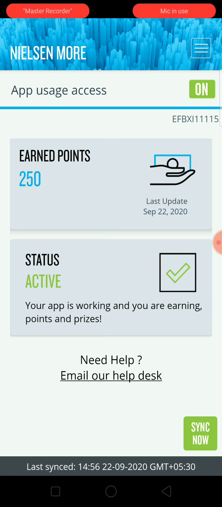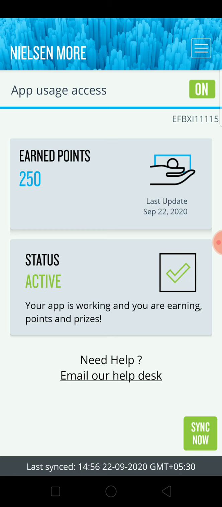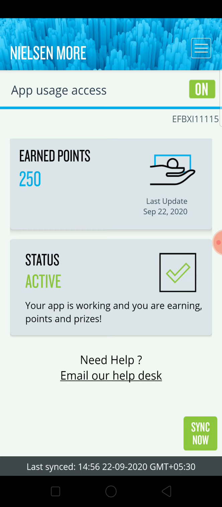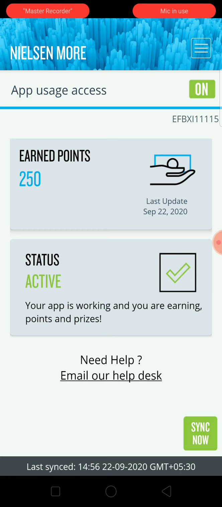So you should keep the app users access on so that they can do whatever market e-commerce survey they are doing, the NCCS survey, the profiling that you have taken earlier before signing up, so that they need to check. So this is the main idea. The status should be active, and all the users who are installing the application should keep the application for at least, I think, 10 days. Once they keep it for 10 days, they will have something around 1000 points. Once they earn 1000 points, they can redeem it as a 100 rupees gift voucher.